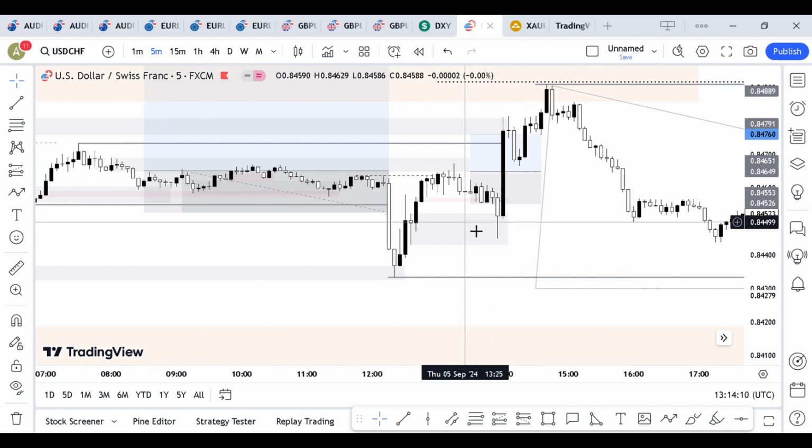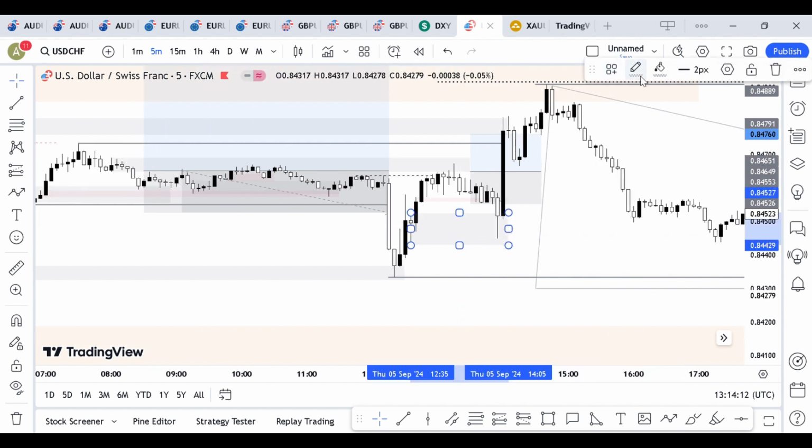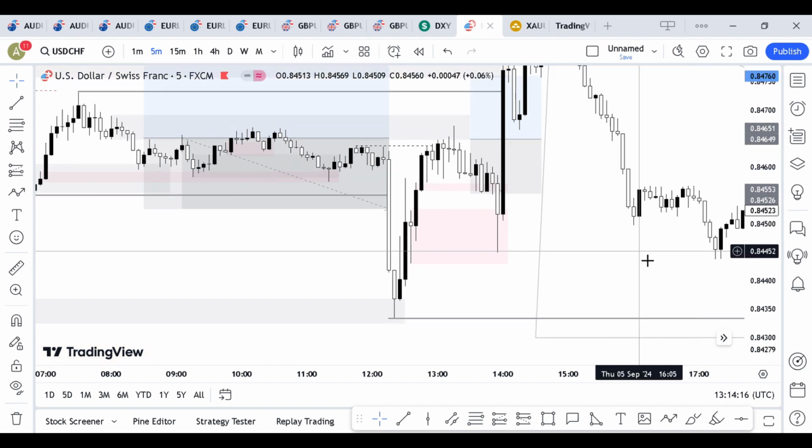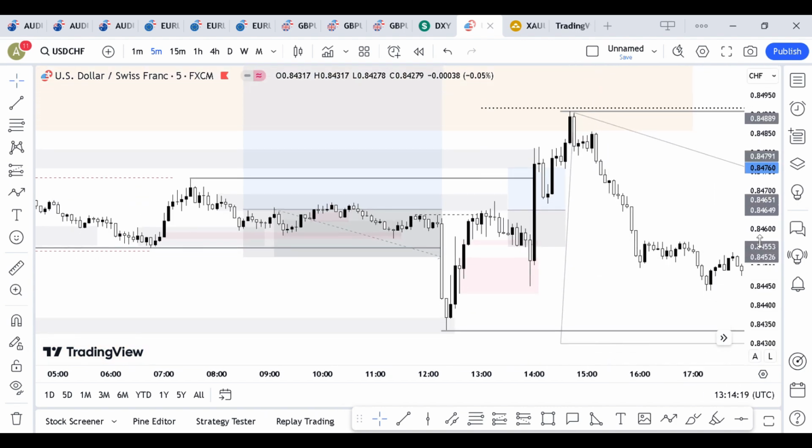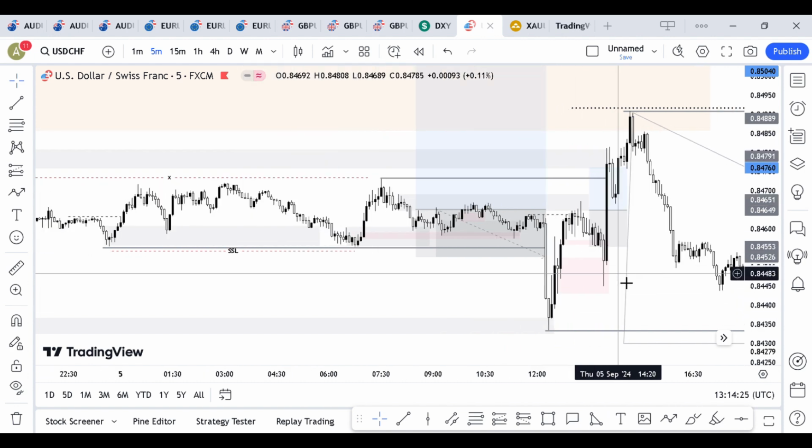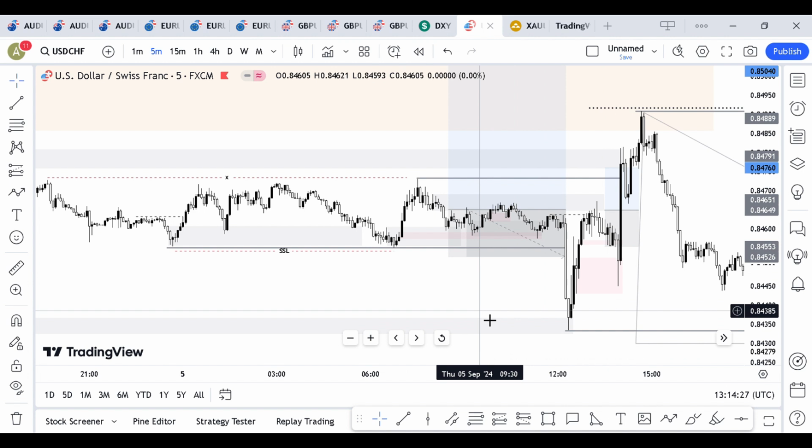Yeah, this was my 5-minute POI. How come I didn't change the color for me to keep that in mind? So yes, I was expecting price to actually come down right there and continue up. So what I did, I had to see how I can capitalize and also